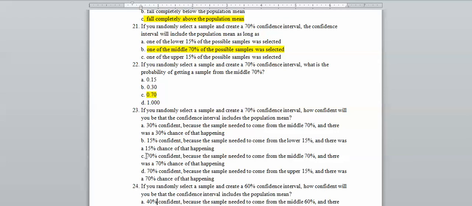So it's actually choice C. I'm randomly selecting a sample from the population. I know that in order for my confidence interval to work, the sample that I'm selecting has to be one of the middle 70%. And I know that when I select my sample, I have a 70% chance of getting a sample from that middle 70% that I need to get into,